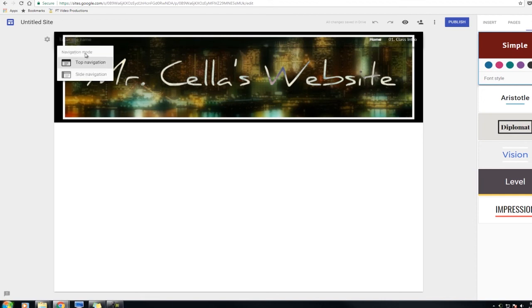And I have navigational mode, top navigation, side navigation. Can everybody please select side navigation? This is going to make it a lot easier for you, and it's going to make it a lot easier for me. And I'll show you what it does. So once you select side navigation and click away, and we go to preview,